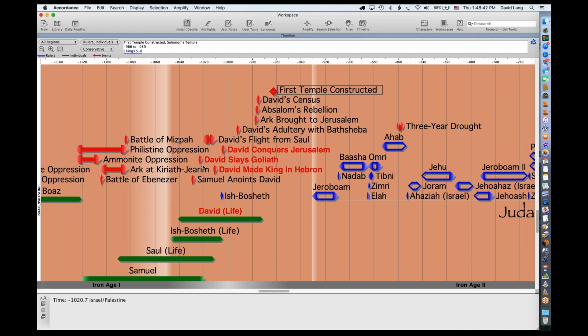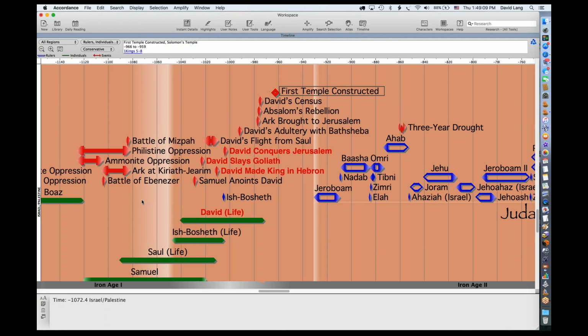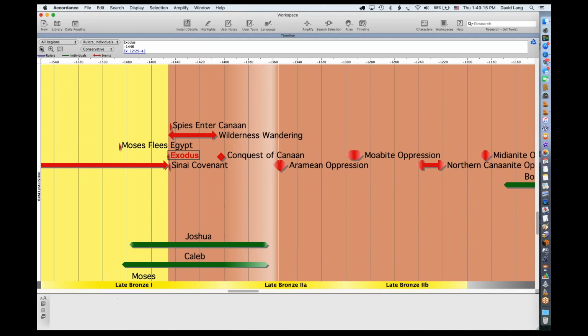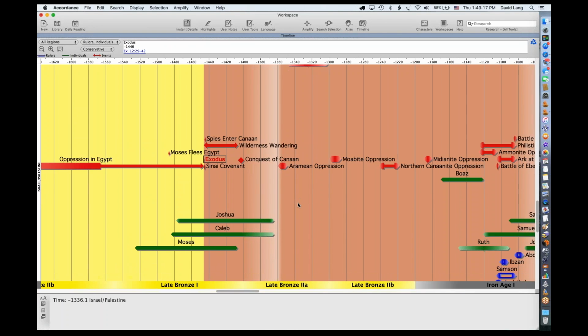Now, the critical scholar would say, well, wait a minute, not so fast. There may be reasons to question that date. For example, 480 years is a nice round number, and maybe that's supposed to represent a certain number of generations, a generation being 40 years or whatever, and they'll have their theories as well. And they would also say things like, there are good reasons to question an early date of the Exodus. For example, one of those is that